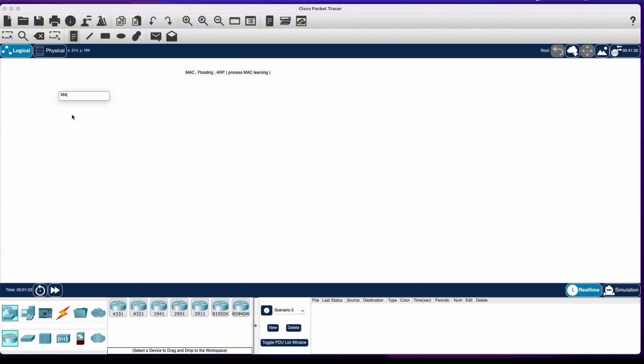MAC is nothing but media access control, which is 48 bits long, or sometimes it's also said to be 6 bytes in length, which can be separated into 24 bits, or 3 bytes, and 3 bytes. So the first 24 bits, or 3 bytes, will represent the OUI,